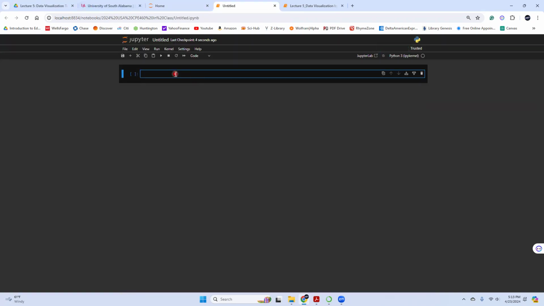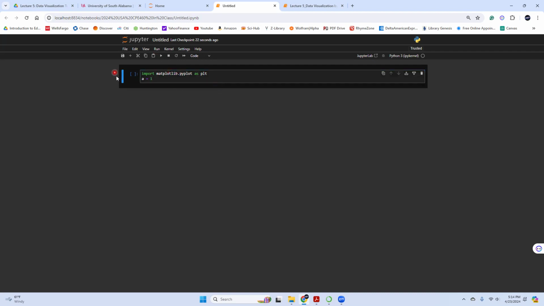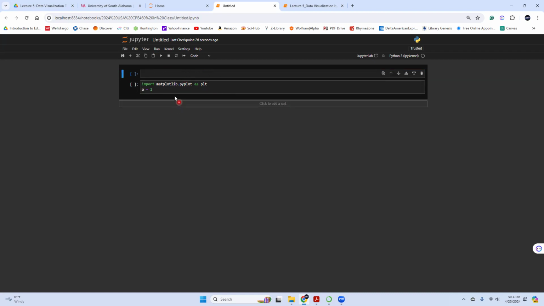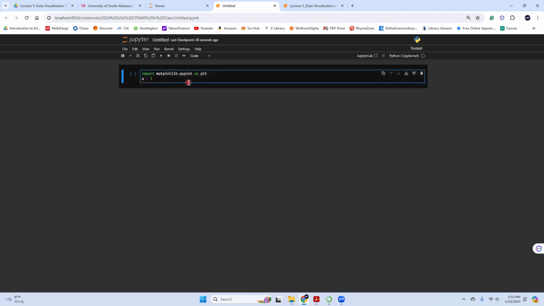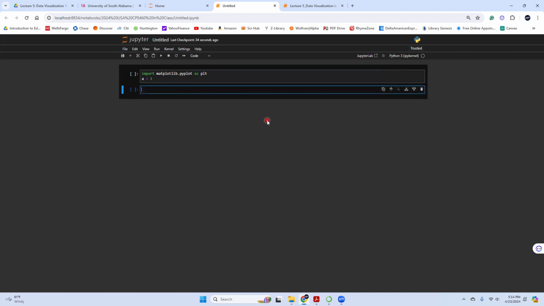Suppose I have import matplotlib.pyplot as plt, and let's say a equals 1. It doesn't matter. Now I do not execute it. I just directly insert a cell, and I didn't run this cell. I make it below. Now here I have import numpy as np, and then let's say x equals